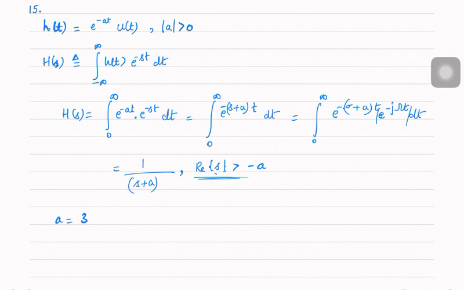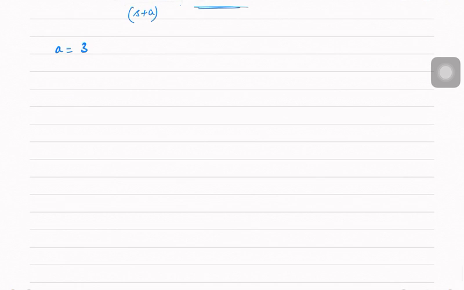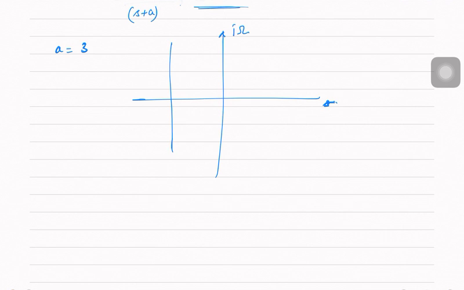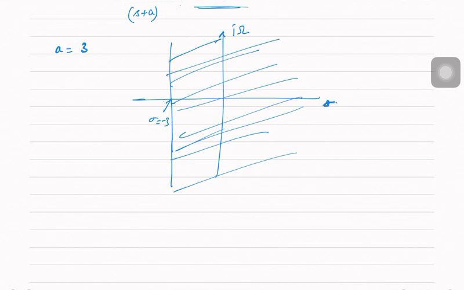Okay, so if a is equal to 3, then if I draw the s plane, this is the sigma axis, this is the j omega axis. If this point is sigma equal to minus 3, all these points... if you want to evaluate the Fourier transform at this point, where this is 1 and this is j times 2,